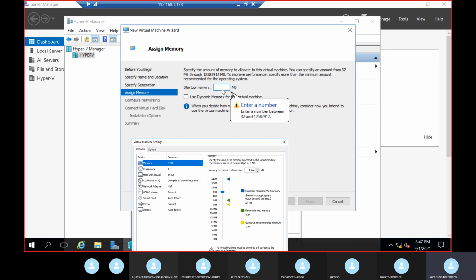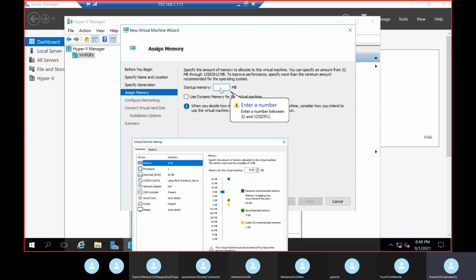So if you create 2 GB RAM in your VM, and here if you give 1 GB, it will not work. Minimum 2 GB is required to run Hyper-V. So in your laptop, when you create a VM, there you give 4 GB. Inside that VM, when you do this Hyper-V configuration, there you give 2 GB. So that for your VM there should be some space, and whatever VM you are running inside should have some memory. 2 GB will not work. Minimum 4 GB you have to provide to your main VM.